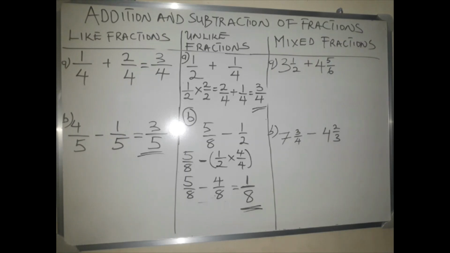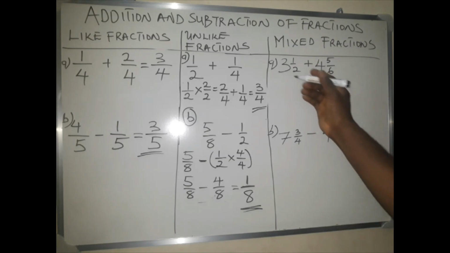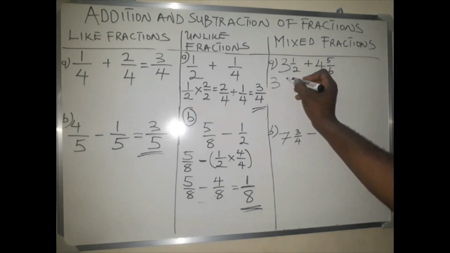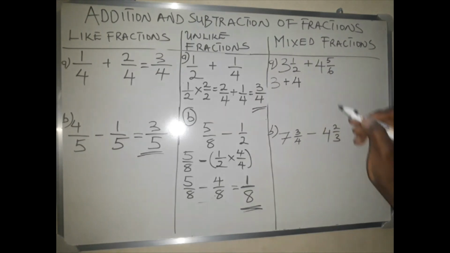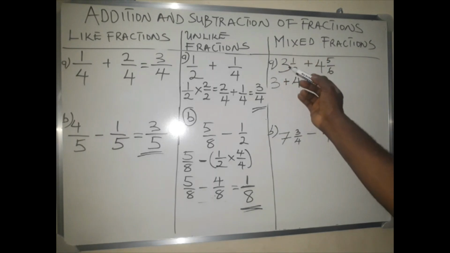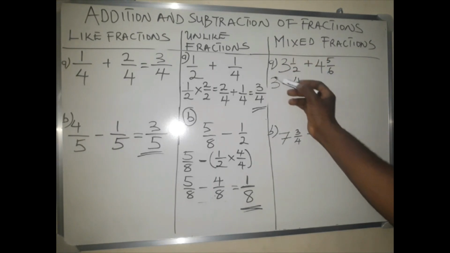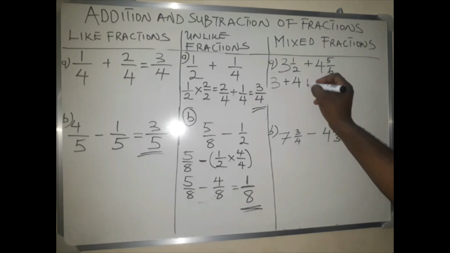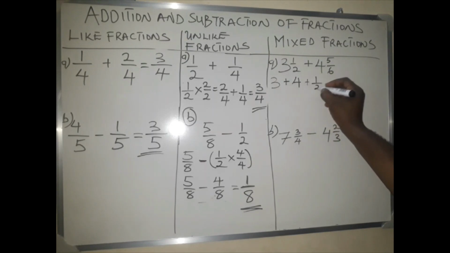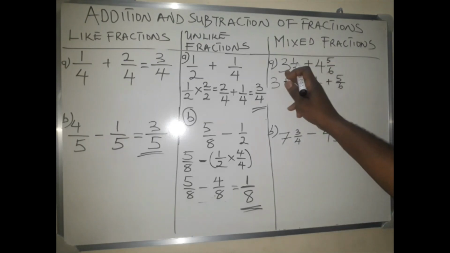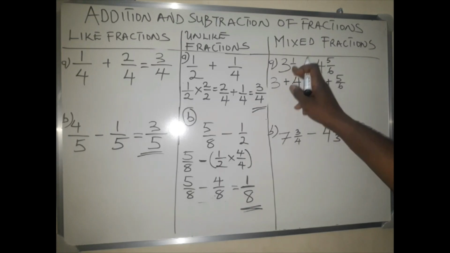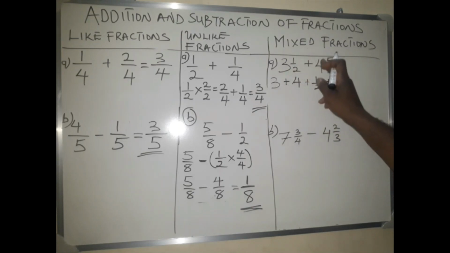So now I want to add these two fractions together. So what do we do? Well, we add the whole numbers on one side. We bring the whole numbers out, like 3 and 4. They are whole numbers. So we now say 3 plus 4. Then we add the fractions on another side. This is a mixed fraction, which is 3 1/2, plus another mixed fraction, which is 4